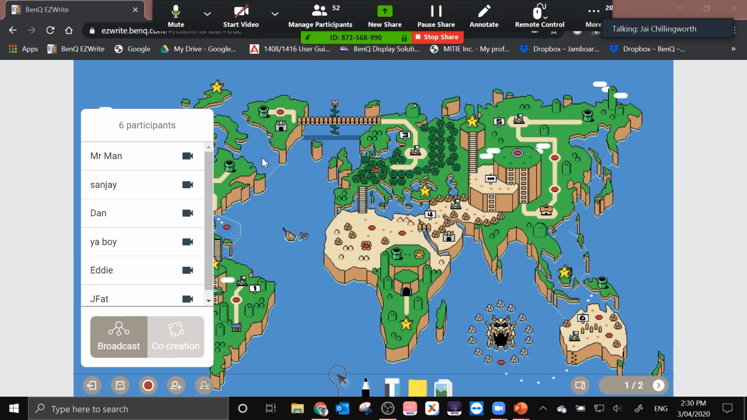So only the host has access to this menu, so only the teacher or the meeting host would be able to select to have a video conferencing or a live stream with one of the other participants there. Participants can't live stream with each other, if that makes sense. So if I just select Dan here,